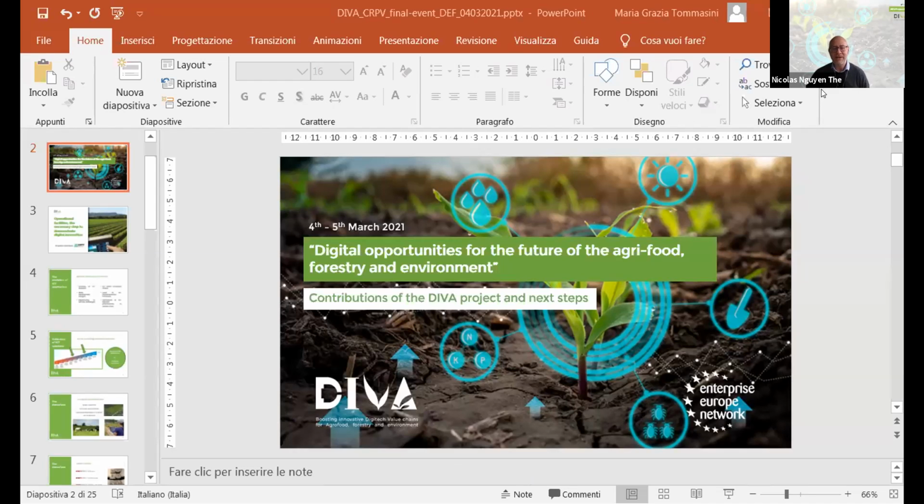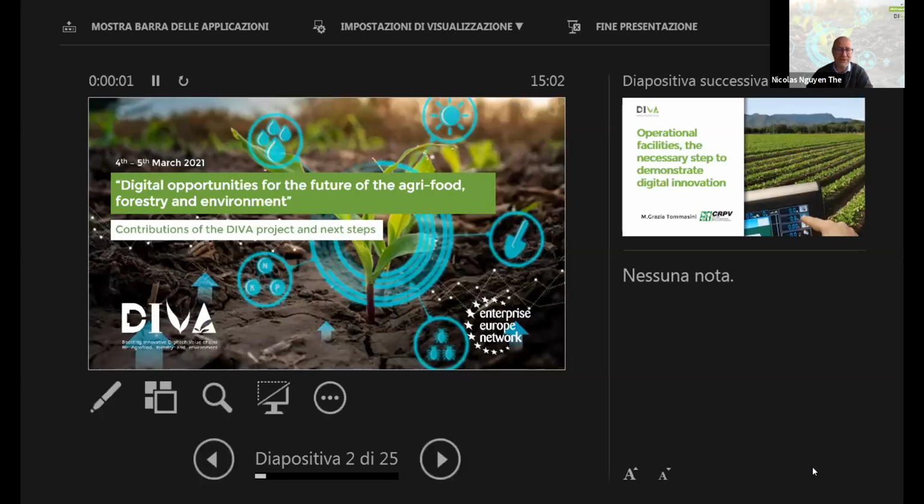What we have seen in DIVA is that the demonstration step was a very important step when talking about digital solutions, because it's quite easy to set up software, decision support tools, or to have nice sensors and so on. But then when you go from the lab to the field, there is an important step to reach, and then it's more difficult, because we know that